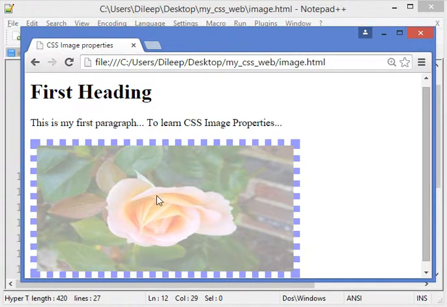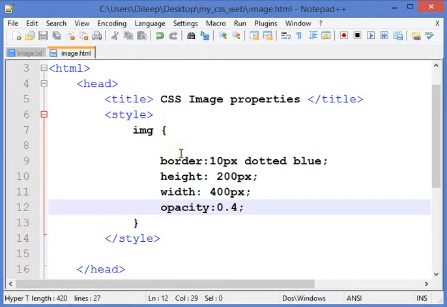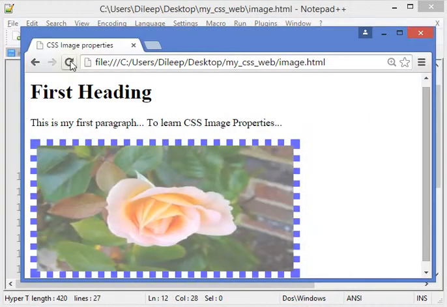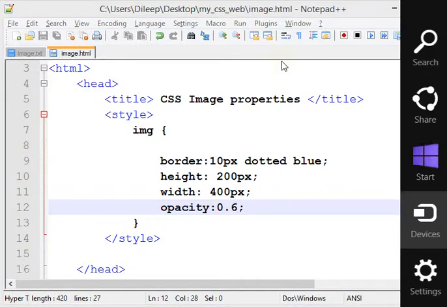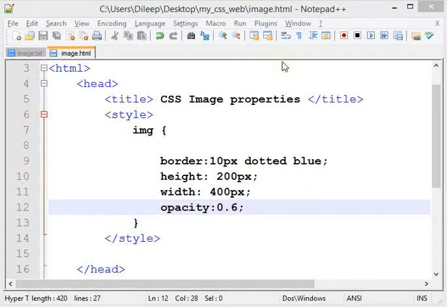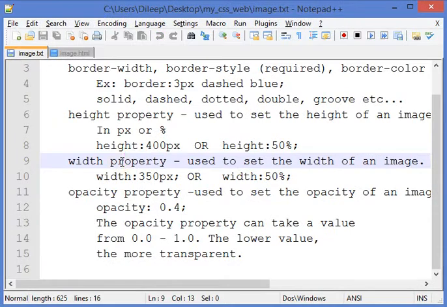You can see here. And whatever value you choose, see, this is how we can use opacity in order to make our image transparent in the web page. So that's all.